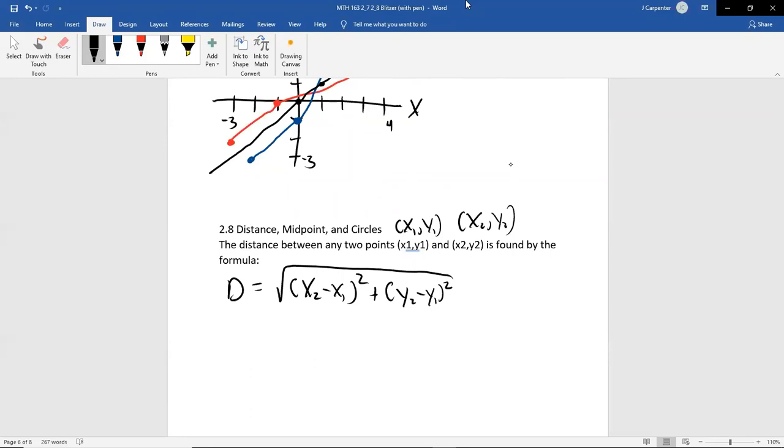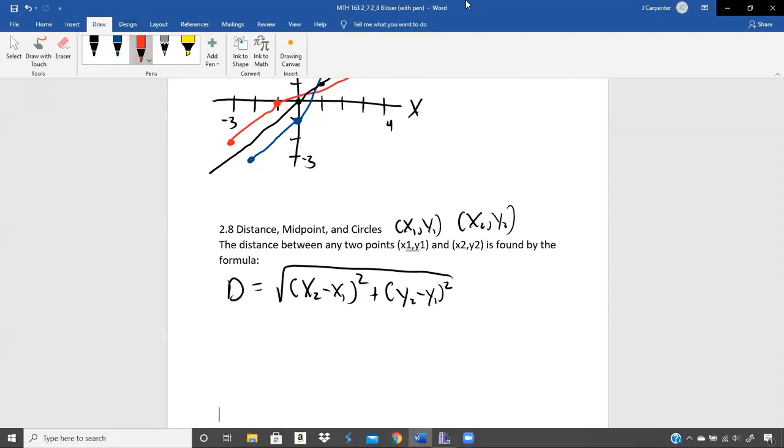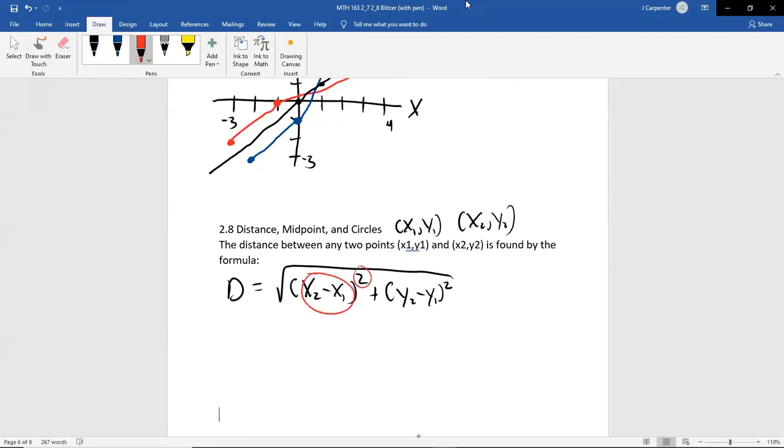The nice thing is this formula is kind of an algebraic rearrangement of the third one I'm going to give you, and I'm going to rationalize why that is, but not yet. We're just going to take this as the gospel for now. There's a lot of things you can get wrong with this formula and still get the right answer. Because you have a difference being squared, let's say your x2 was 5 and the x1 was 1. 5 minus 1 is 4, 4 squared is 16. Let's say you did 1 minus 5 instead. 1 minus 5 is -4, but -4 squared is positive 16. You get the same answer.